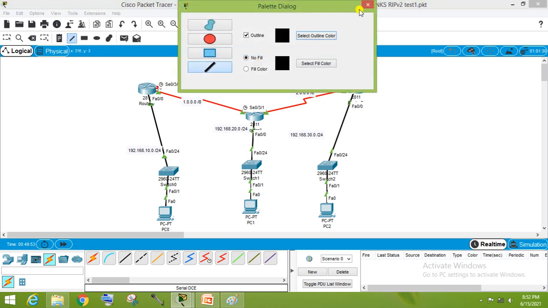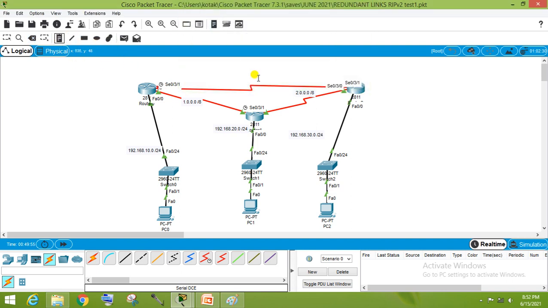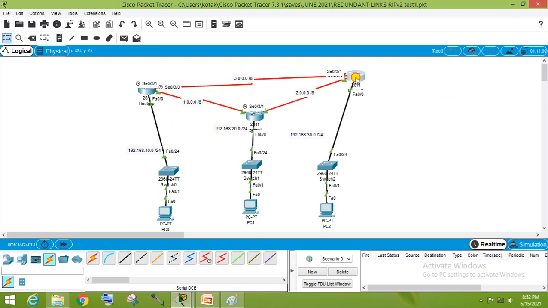Here I'm giving the 3.0 network. Here I did 3.1 and here 3.2. So what are the interfaces? It is 0/3/1. It is also 0/3/1.